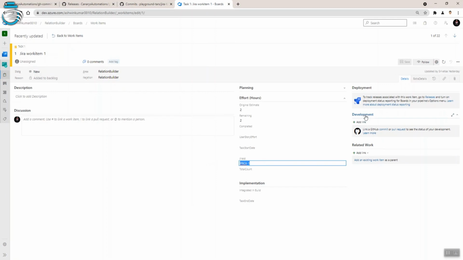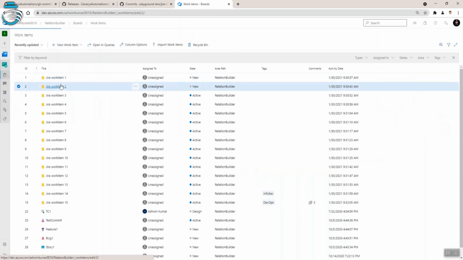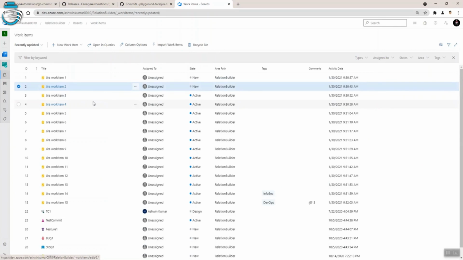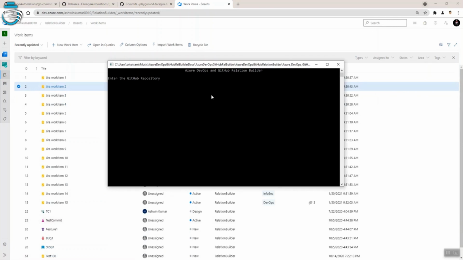As of now, you can see that I do not have any development commits linked for any of these work items. For example, I can open this work item, and I do not see any development related information within it. To have this information, let me go and run this tool.